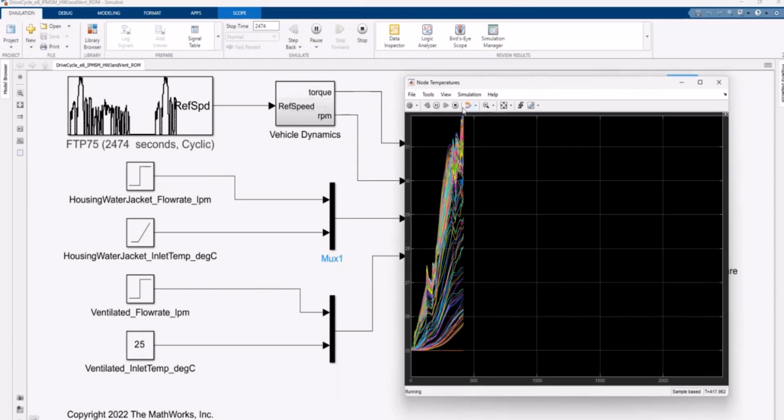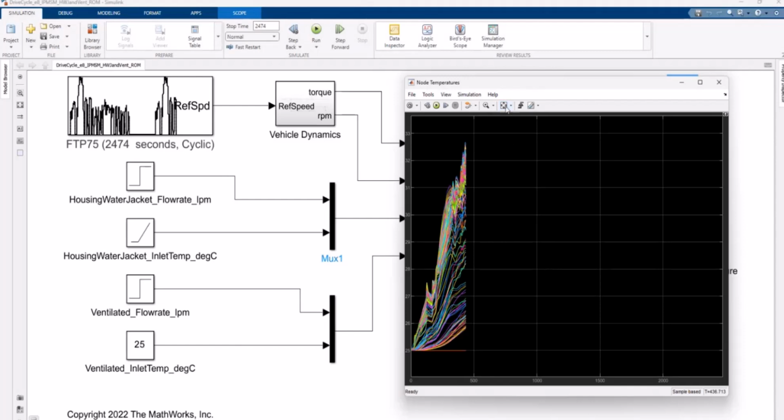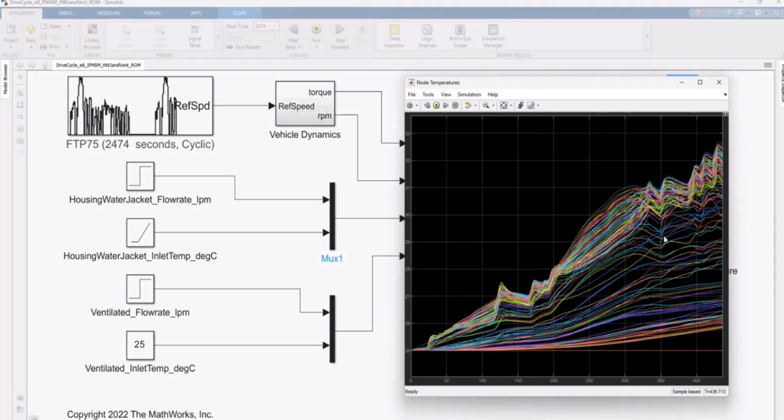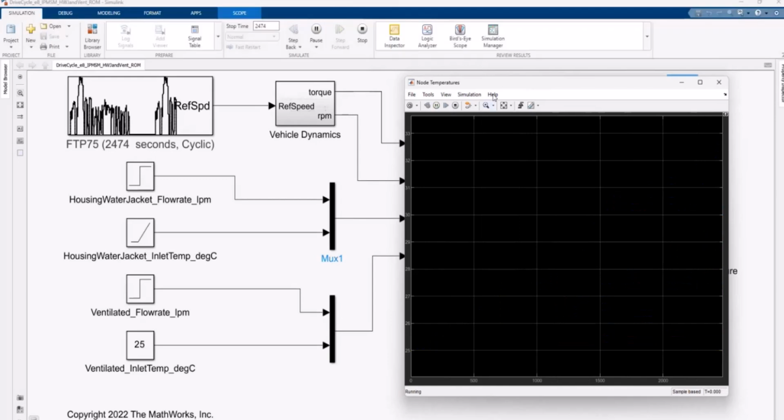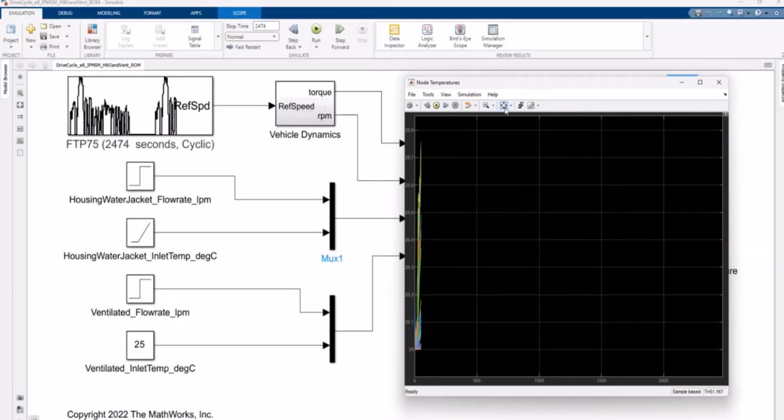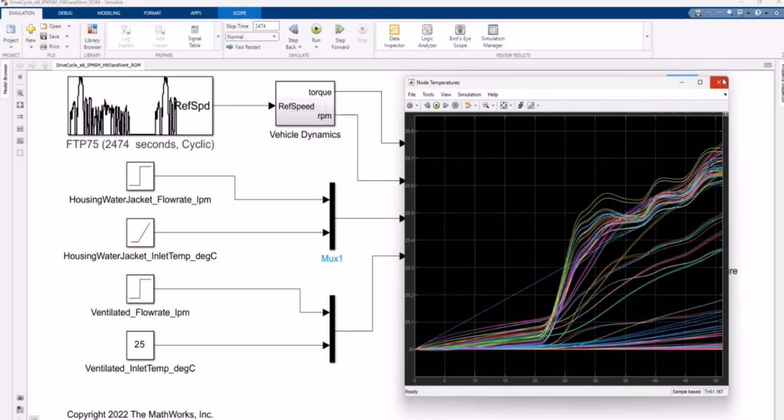And I'm going to stop it here, but you can run it and then answer certain questions like, okay, in this drive cycle, what is the maximum temperature we get for the magnets or the copper? Are we at risk of breaking up the insulation or demagnetizing the motor? So this comes back to the observations Hussein did earlier about what this is useful for, right?